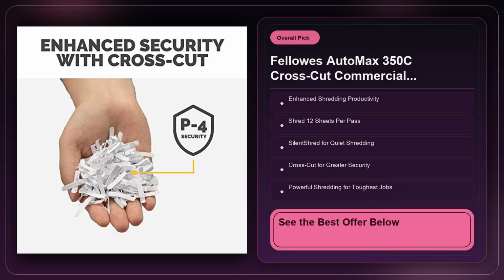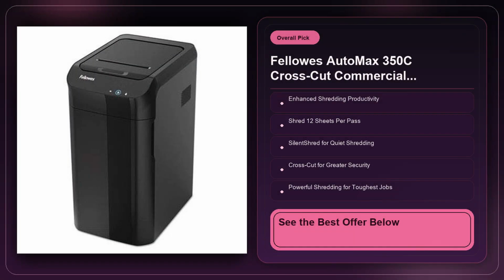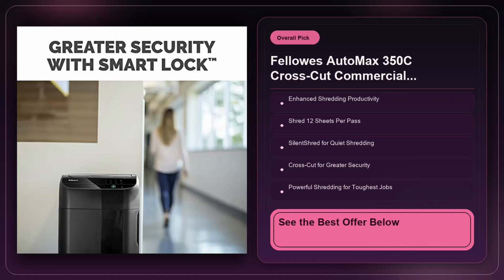If you routinely shred stapled reports, you'll need to remove staples first or accept the occasional interruption. Another practical consideration is power consumption. The AutoMax 350C draws about the same wattage as a medium-size printer, so you won't see a noticeable spike on your